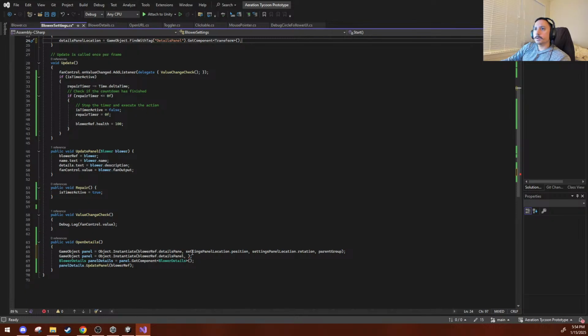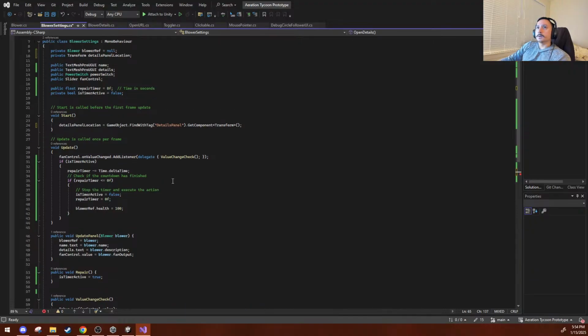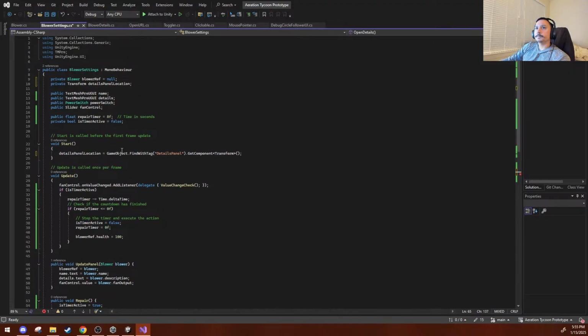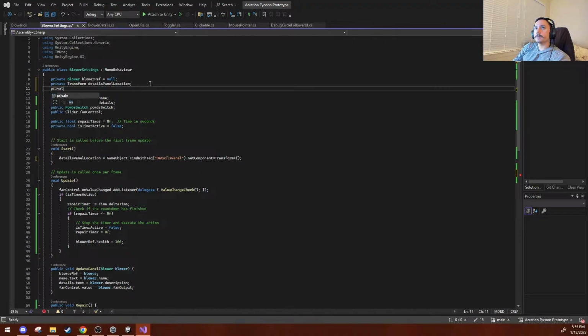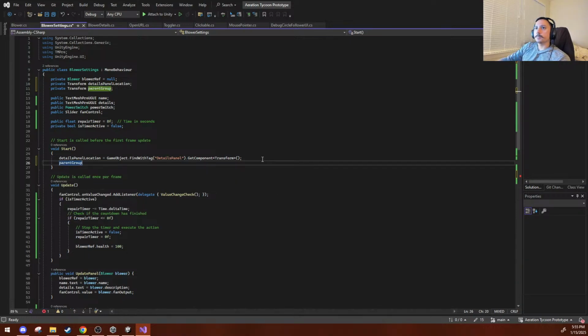Okay, then it's gonna be details panel location position, and then details panel rotation, and then a parent group. Again, my private transform parent group will be equal to something. Parent group is equal to,